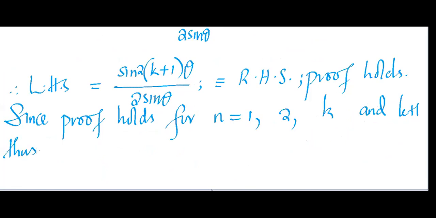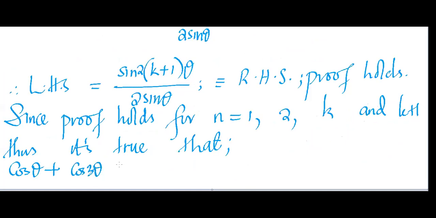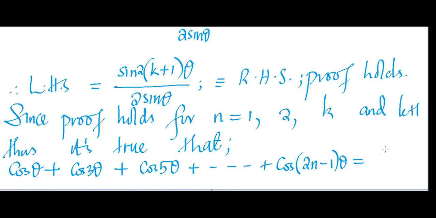Thus it's true that cos theta plus cos 3 theta plus cos 5 theta up to the nth term, cos of 2n minus 1 theta, is equal to sine of 2n theta divided by 2 sine theta